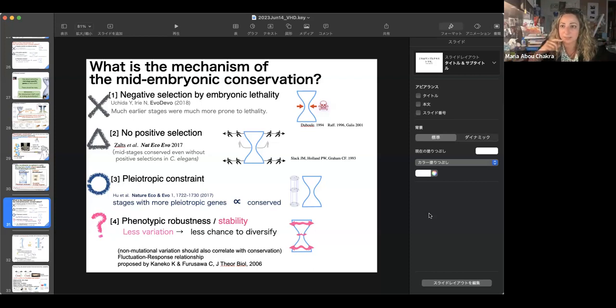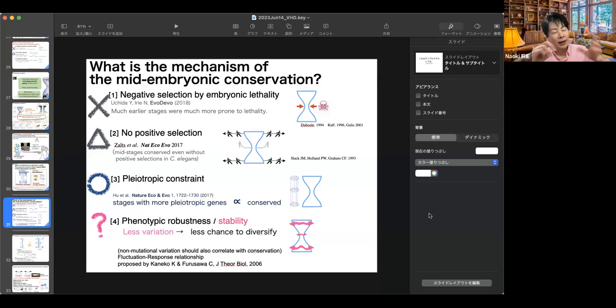This is kind of why I said yes, my assumption is those selective pressures have less power or less force to make the developmental stage conserved when compared with the stages that have less potential to create phenotypic variation. Did I answer your question?